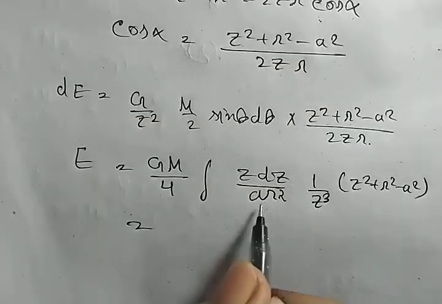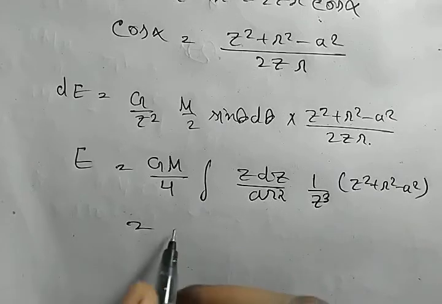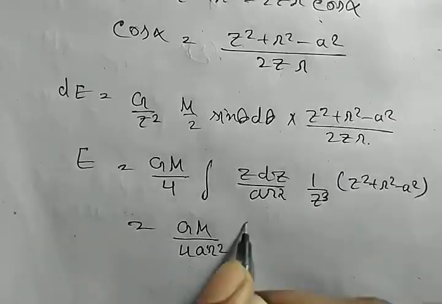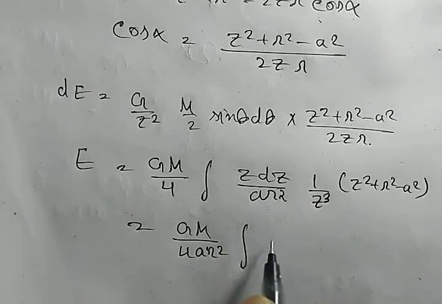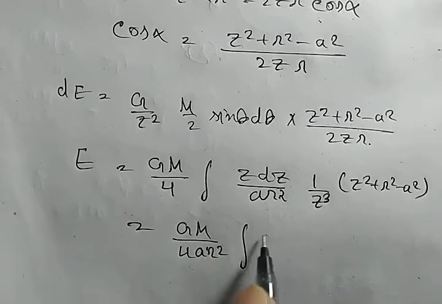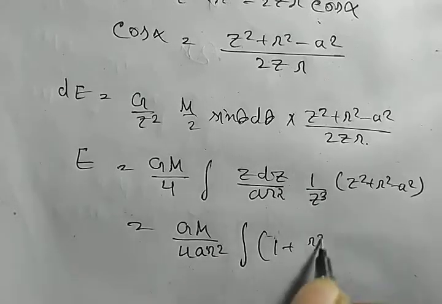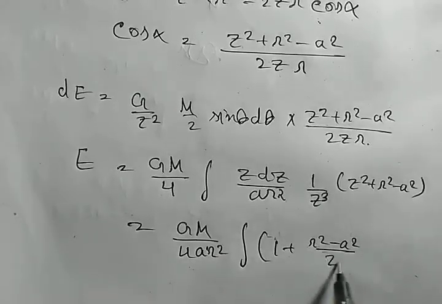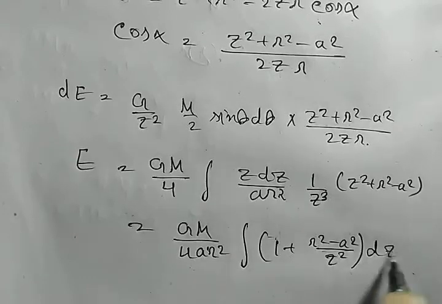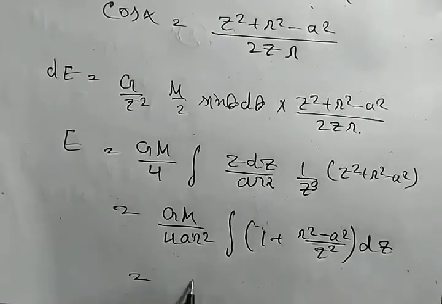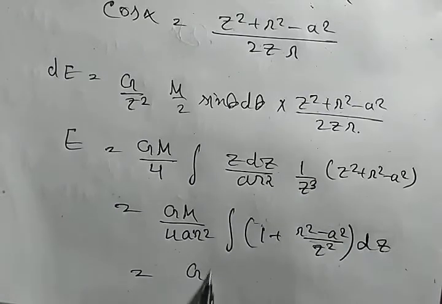So we'll take this ar square outside, integration of 1 plus r square minus a square by z square, dz, and this equals